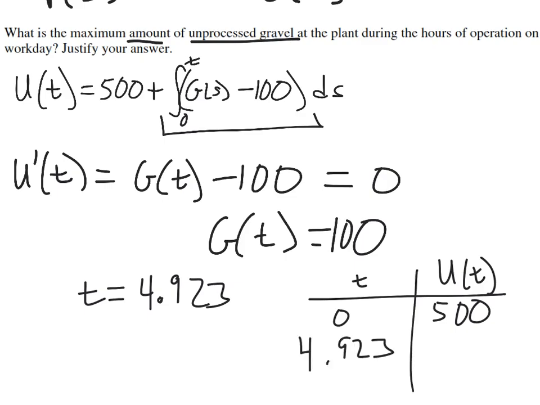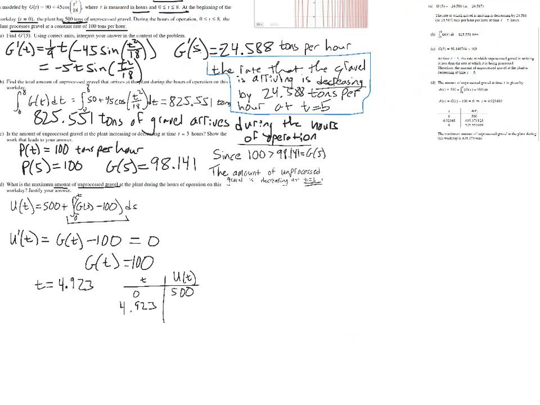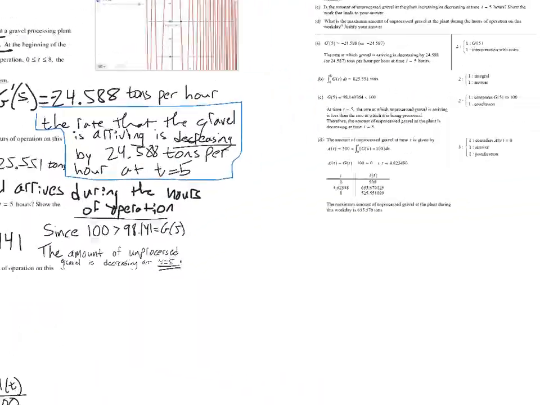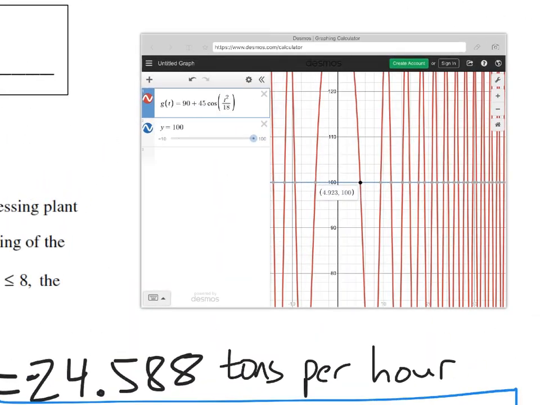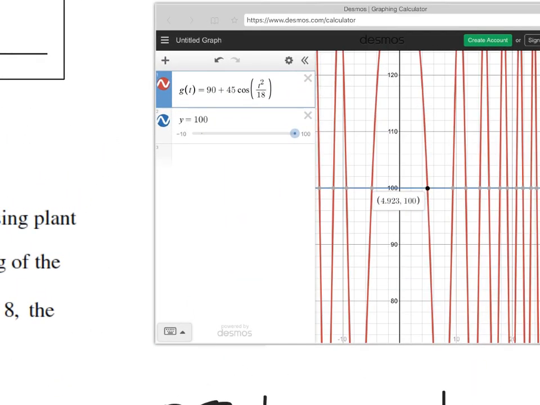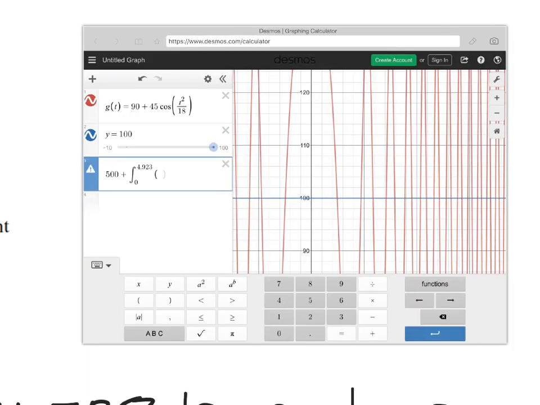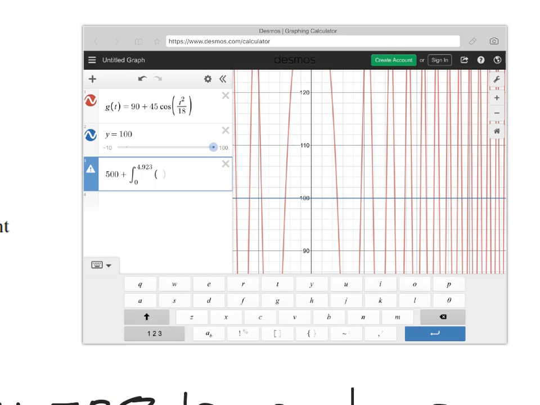Compute that for 4.923. So we have 500 plus the integral from 0 to 4.923 of g